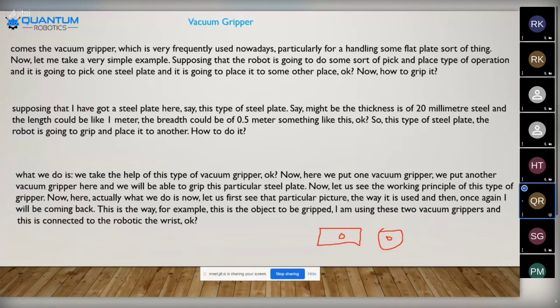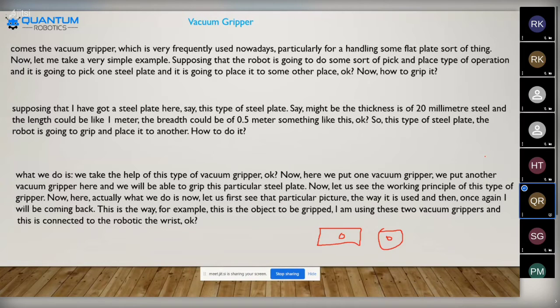Okay, and to support that, I have got a steel plate here. The steel plate can be added over here to represent a particular flat surface, typically around 20 millimeter thick steel. Whatever the object, if it has a flat surface and a central point, and it has the capability to be picked at a particular angle or axis, there we can use the vacuum gripper.